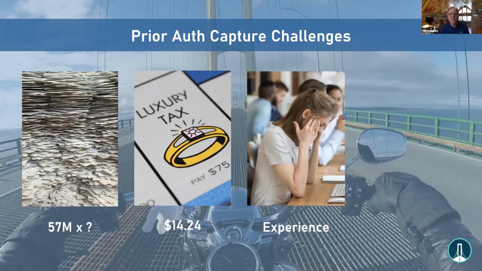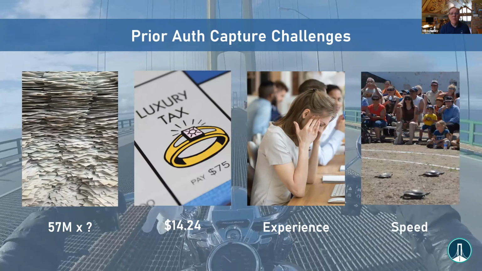It creates enormous experience problems for providers, for employees at health plans and providers, back office people. I mean, prior auths are just difficult for everybody involved. I don't think there's anyone that I've run into in dealing with this problem that really finds the current prior auth model very good.